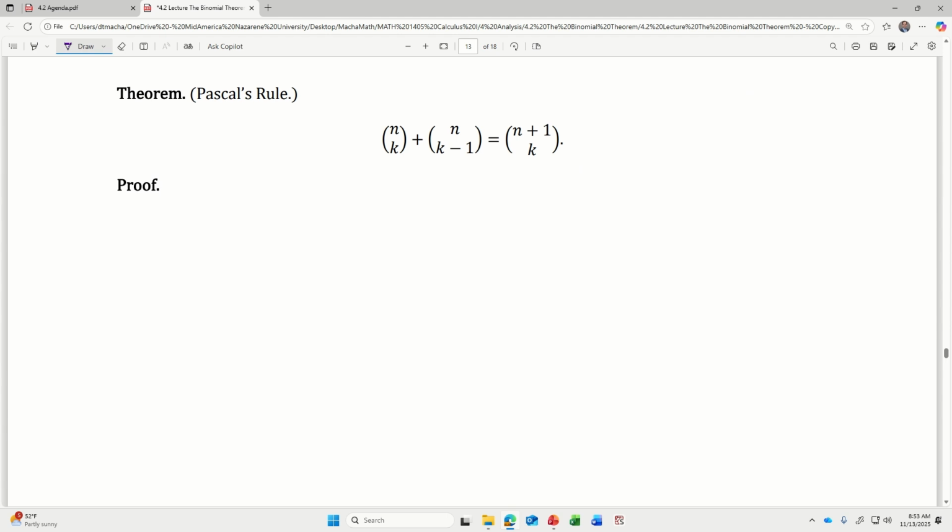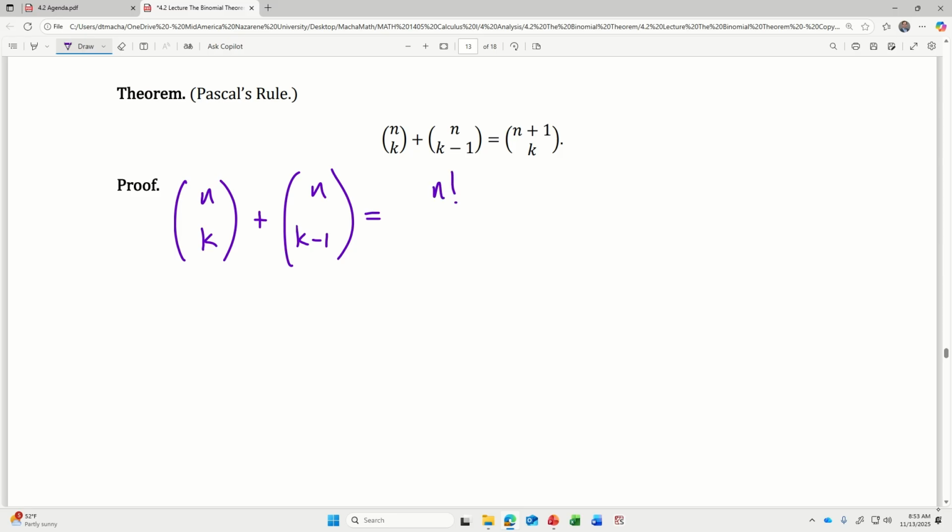So this is called Pascal's rule. It's a theorem about binomial coefficients. And it says n choose k plus n choose k minus 1 is equal to n plus 1 choose k. And the proof is pretty boring, but the proof just follows from a little bit of algebra. What we're going to show is that n choose k plus n choose k minus 1 is equal to